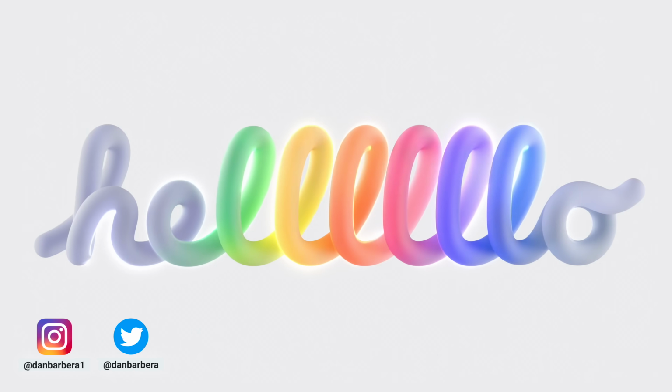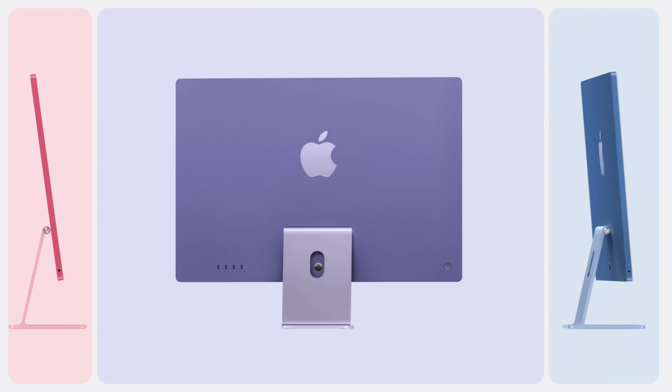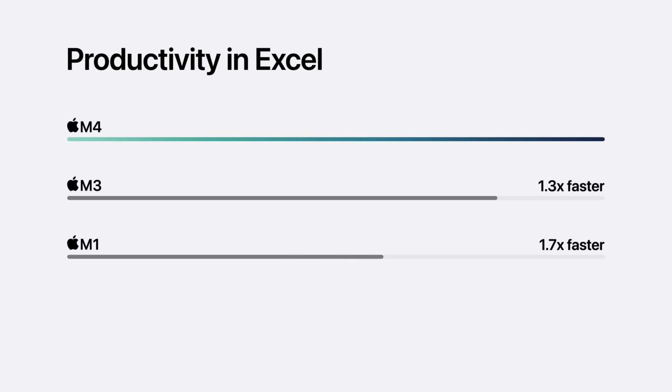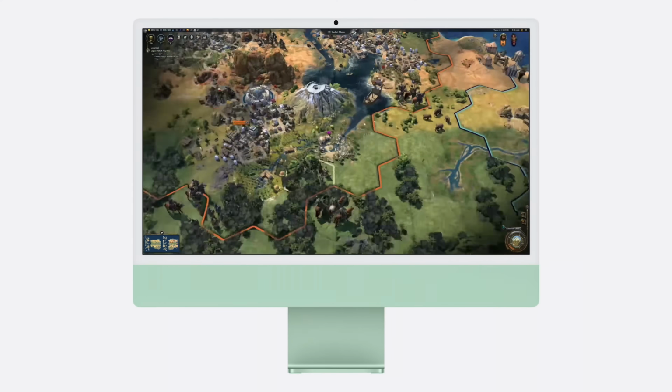It's M4 Mac Week, and the first one that Apple has announced today is the new 24-inch M4 iMac. And as we expected, the M4 chip inside of the iMac is available with up to a 10-core CPU and a 10-core GPU. Apple says that the iMac with the M4 chip is now 1.7 times faster for daily productivity tasks and up to 2.1 times faster for demanding workflows like photo editing and gaming compared to the iMac with